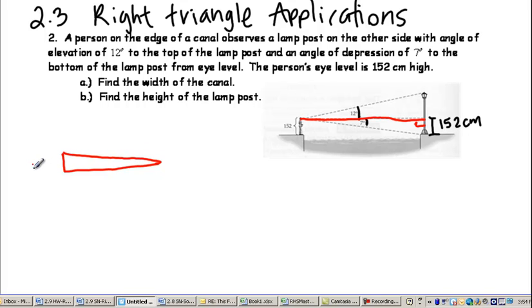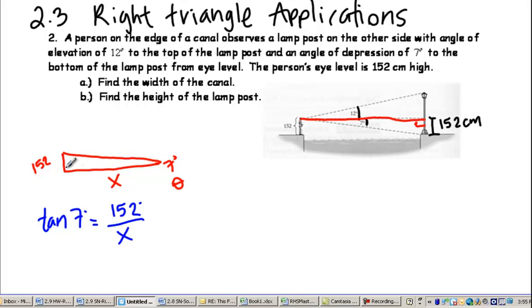okay, we know 152 goes there. We know theta is 7 degrees. And we want to find x. Okay? So our two knowns are 7 degrees and 152 centimeters, and we're trying to find our adjacent. So we have to use tangent because it's opposite and adjacent. So we have tangent of 7 degrees equals 152